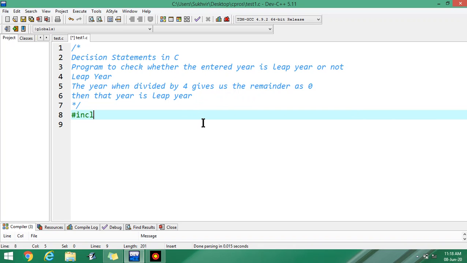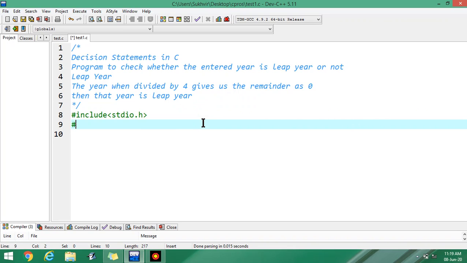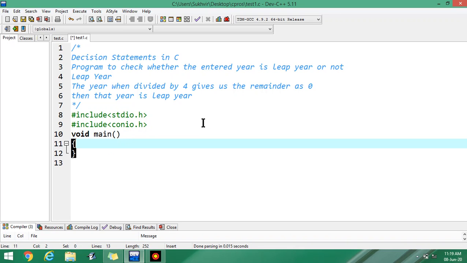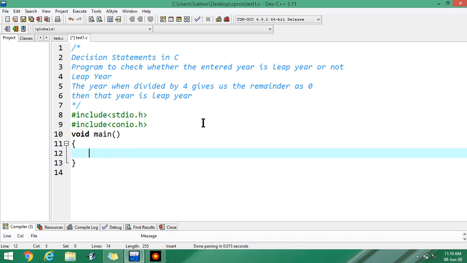First of all, write header files. That is the basic requirement of the program. stdio.h, the standard input output header, and second is conio.h, the console input output header. Then the main function is required, int year.